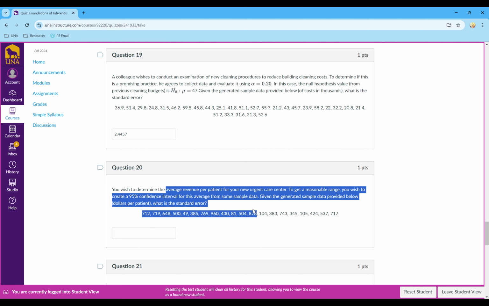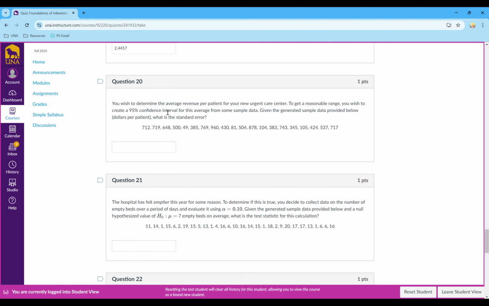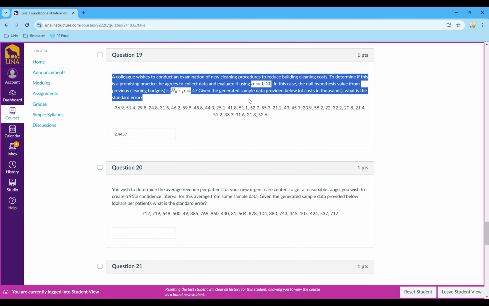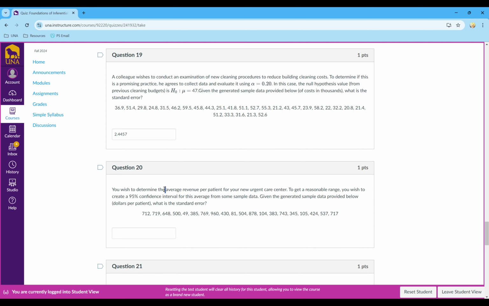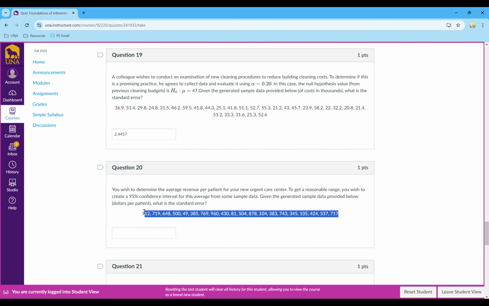So determine average revenue per patient, get a reasonable range, calculate a 95% confidence interval. Okay. Oh, I see. So this is standard error for a hypothesis testing. Again, they're the same information pieces. So it's the same calculation, but this is partial credit for the hypothesis test up here. This is partial credit for the